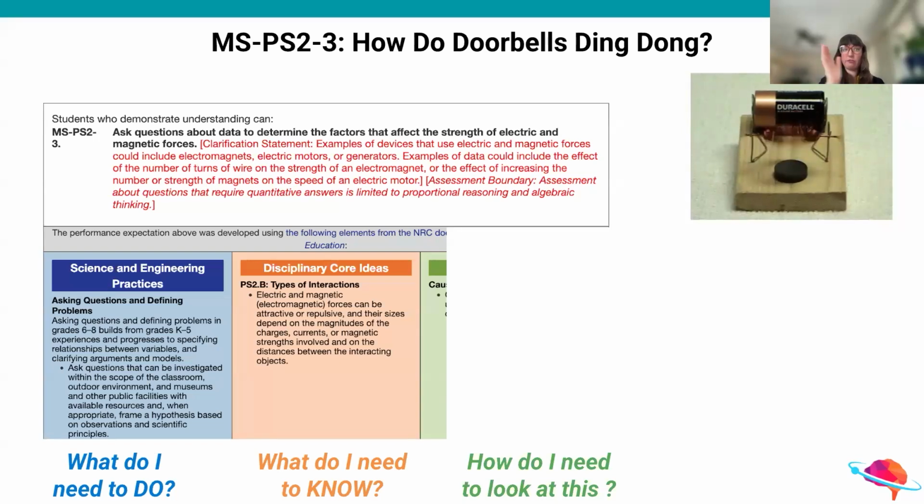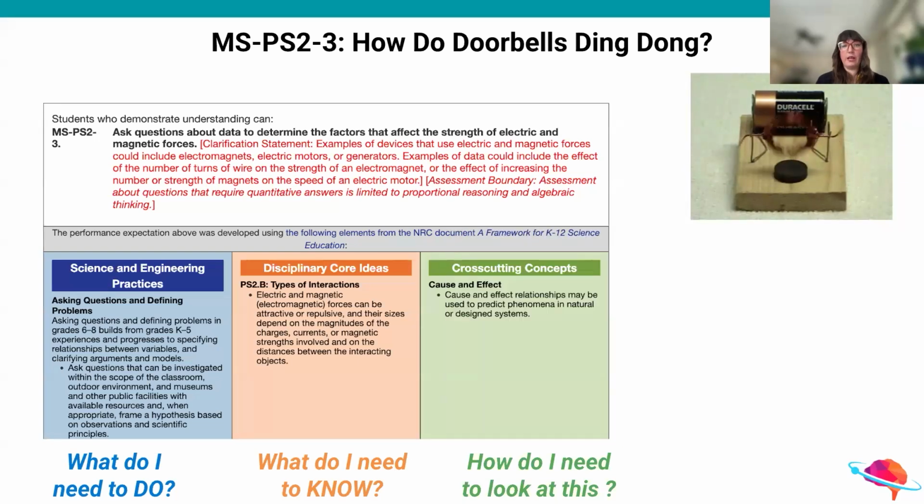They need a purpose, or just to figure out this phenomena, maybe. Like maybe that's all we're trying to do in our classroom right now. And they must look at this phenomena through the lens of the CCC, which in this case is cause and effect. And again, we're sort of ignoring that here, but it's going to naturally come into play as we talk a little bit more about this.